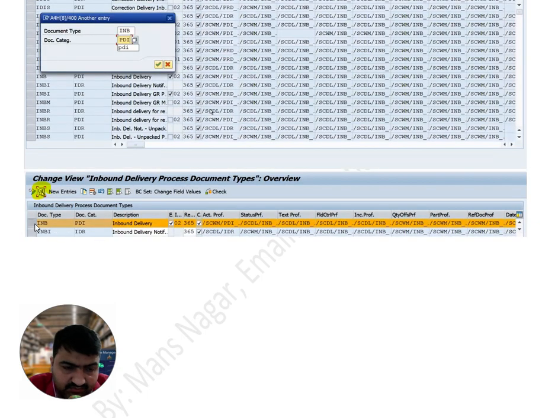Okay, so you can see document type, document category, description. We have all the details here. Partner profile, quantity offsetting profile, all the details we have, status. Okay, action profile, see action profile. We will click on the display button.